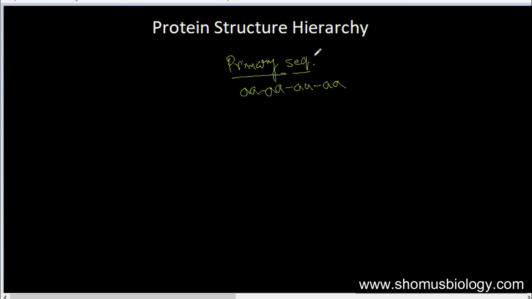Okay, this is the primary structure, nothing but the simple amino acid sequence and how they are arranged. This primary structure contributes to what is known as a native conformation